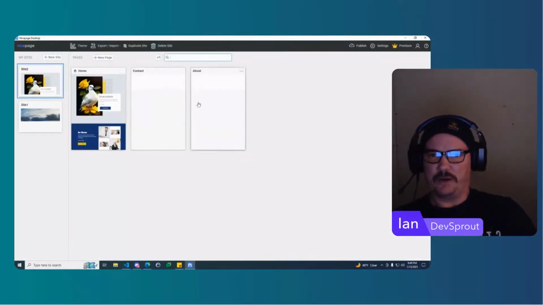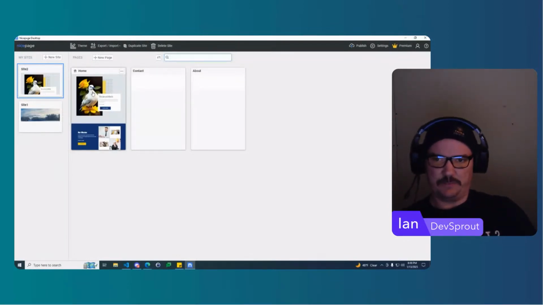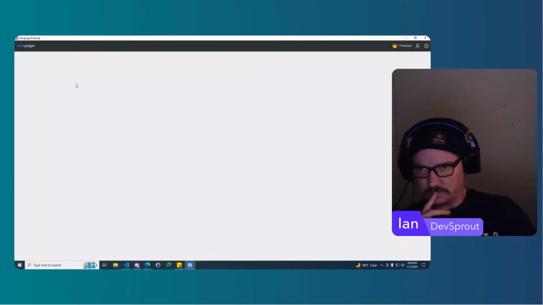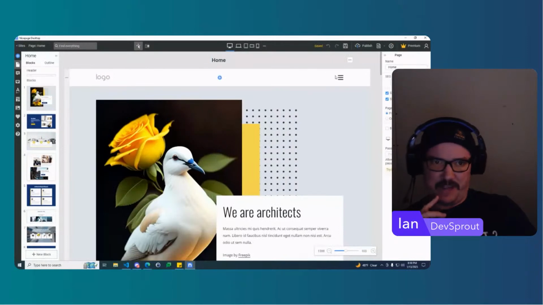Okay, so here's our pages: home, about, contact. On the home page, it essentially has everything you need on one page. But if you want it to be a multi-page website instead of just a single page website that scrolls, then you could have additional pages. And then for the nav bar,